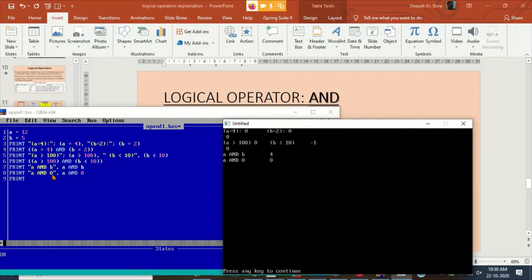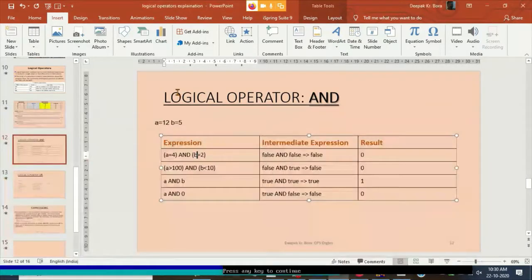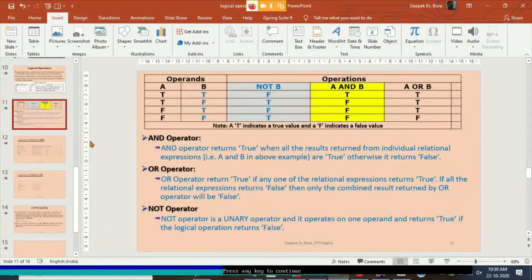Have you understood this? So the logical operator here, this one that I was showing you, works on operands, which can be relational expressions, or sometimes we can also directly give a value, as I have shown. A value, if it is zero, is considered false. If it is non-zero, then it is considered true. So see the output.